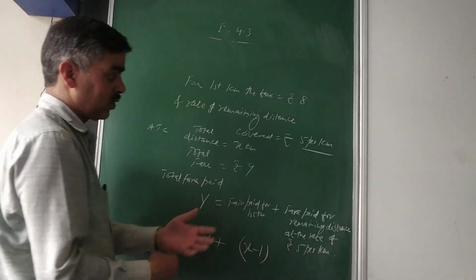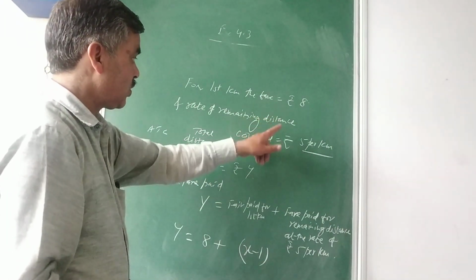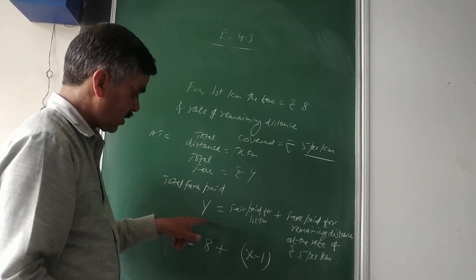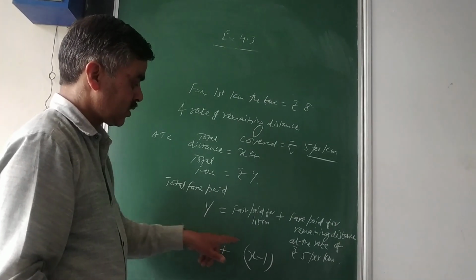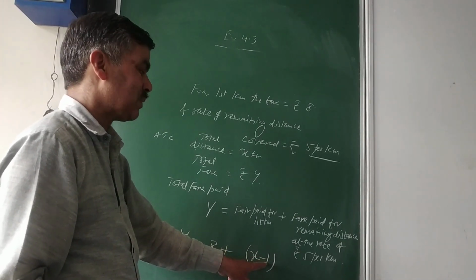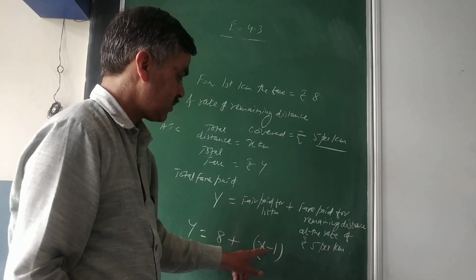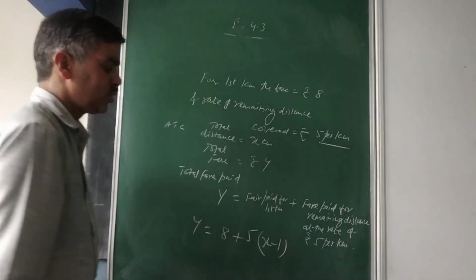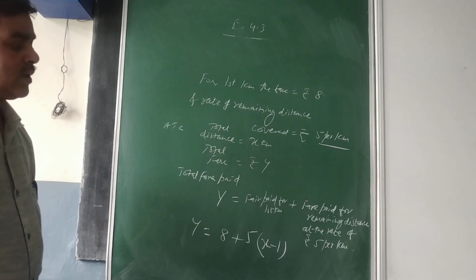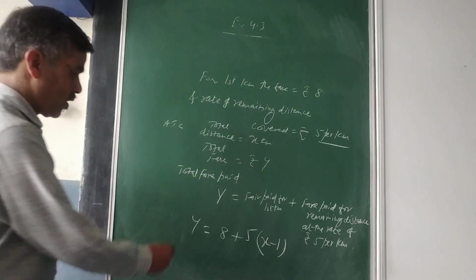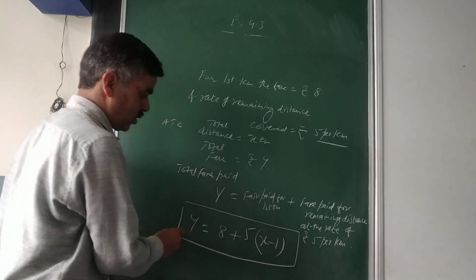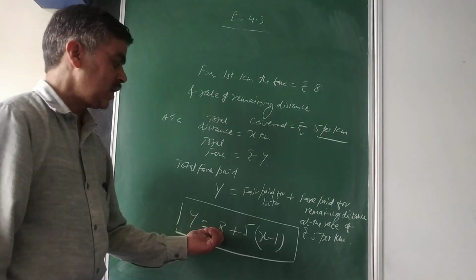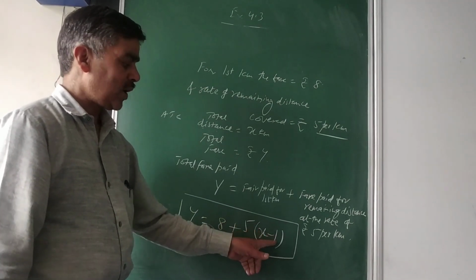Now find out what the remaining distance left is. When the total distance is x kilometer, out of that 1 kilometer is covered for rupees 8. So if the total distance was x, the remaining is definitely x minus 1. And that x minus 1 distance was covered at the rate of rupees 5, so you need to multiply it by 5. Please be careful. If any doubt is still there, my equation is consistent in units. My left hand side is also in rupees. This is rupees 8, and this is at the rate of rupees 5 into x minus 1.